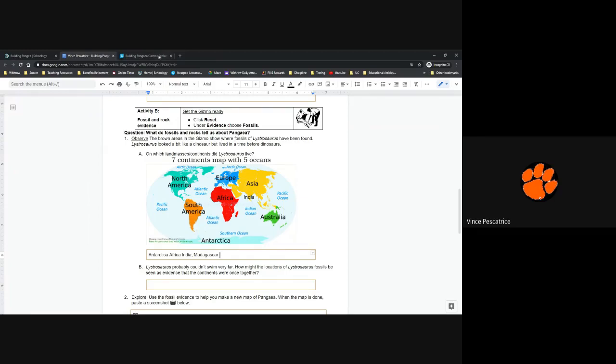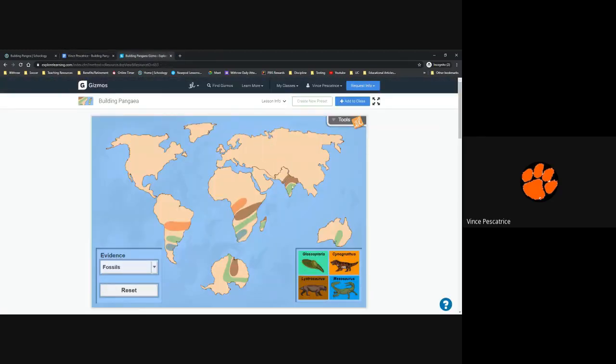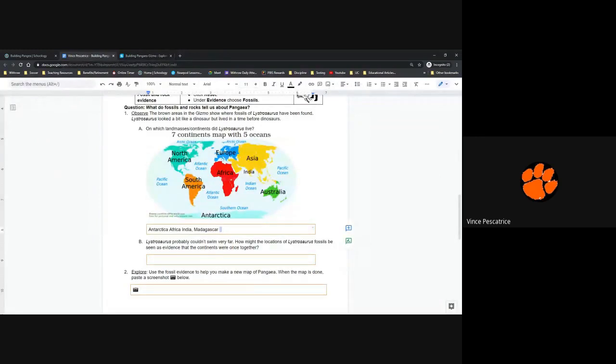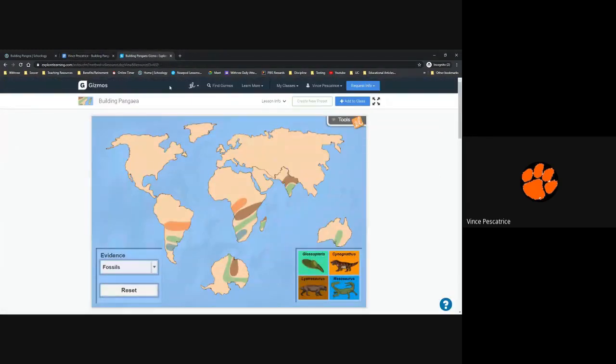And I think that was it, wasn't it? India, Africa, Madagascar, Antarctica. Good. So that's what I'm looking for. All right. So if you look at this, you can see that these continents are separated by large bits of